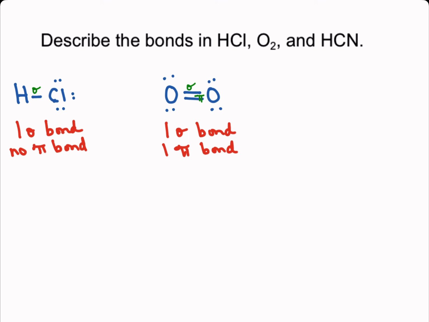What about HCN? The Lewis structure for HCN looks like this. And we want to describe all the bonds in this molecule. So let's take a look at the first bond between H and C. That is a single bond, so that's sigma. And between C and N, there's a triple bond. So 1 is sigma, the rest have to be pi. So HCN has 2 sigma bonds and 2 pi